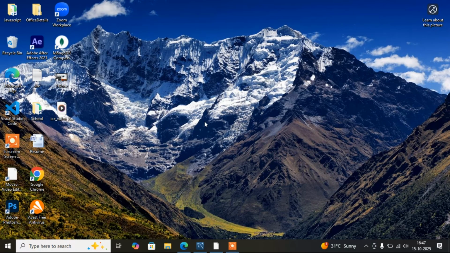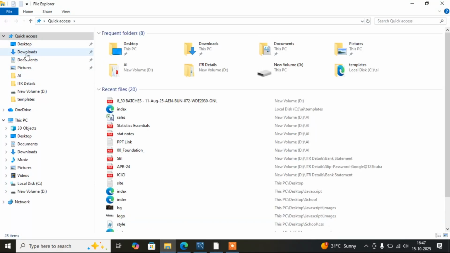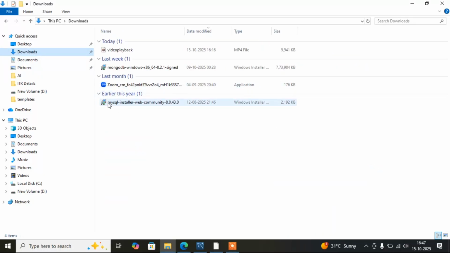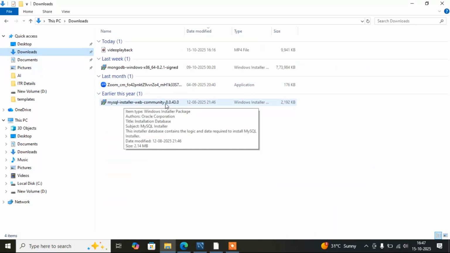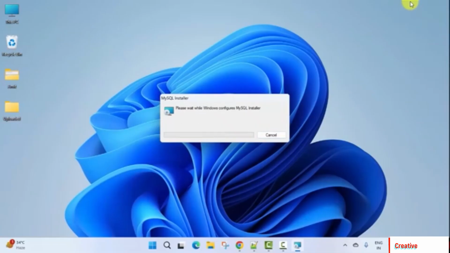So guys, once the download is completed, you have to open your file manager and go to your downloads folder, because all the downloaded items are stored in the downloads folder. After that, here you will find MySQL installer community, and then you have to double click on it. And guys, if you are using any antivirus software in your system, then it will ask for permission, so you have to click on the yes button. Okay, so now I will double click on this downloaded file. After double clicking on it, it will start processing